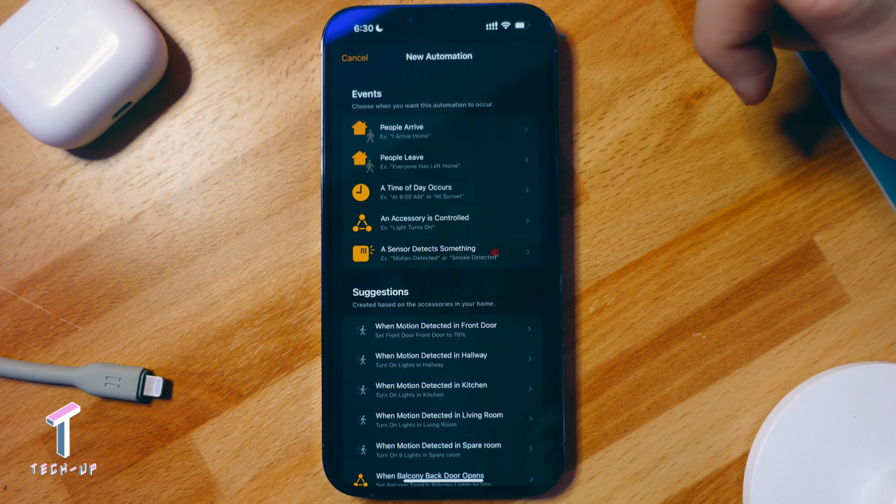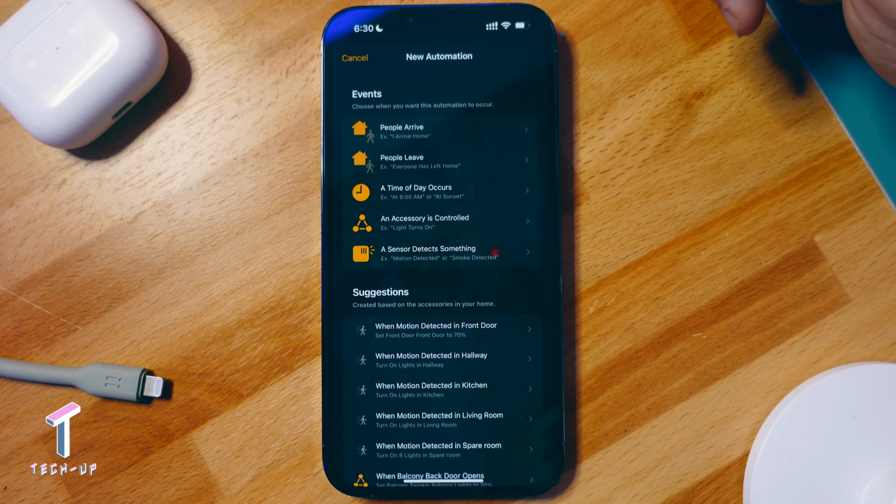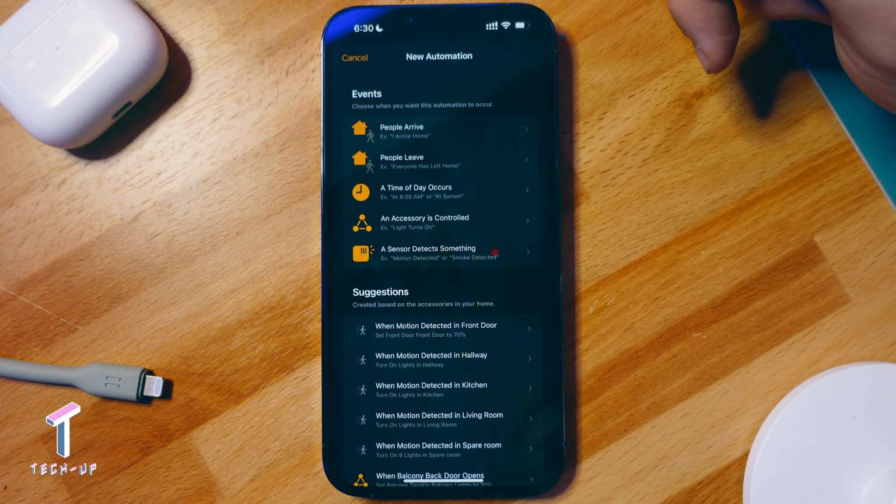Now, a lot of people asked me on my social media, because I was doing a poll to see what you'd like to know about the Home app, is there any more advanced automation options within the Home app? And unfortunately, this answer is a no. Apple hasn't added anything new within this section of the Home app just yet, but hopefully as Matter rolls out in the future and more accessories become available to HomeKit, we'll likely see an update in this in the near future. But for the time being, you can use apps like the Eve app to get more control and advanced